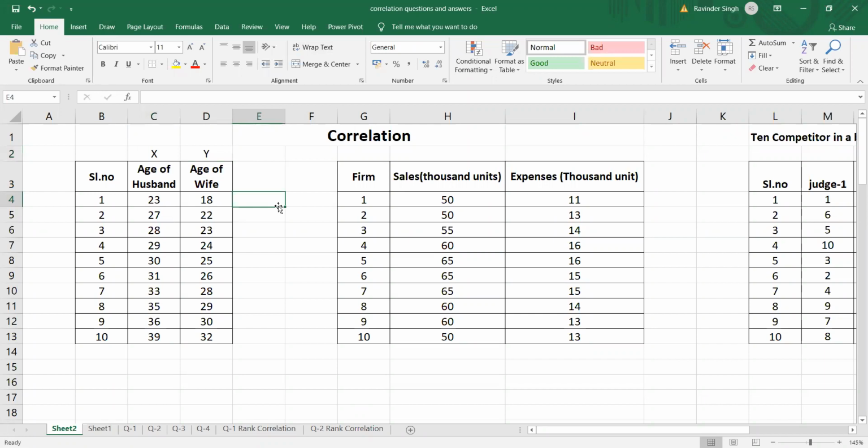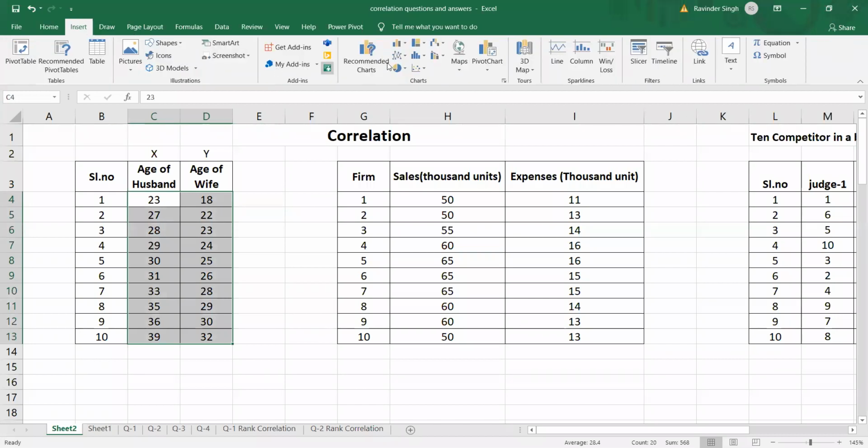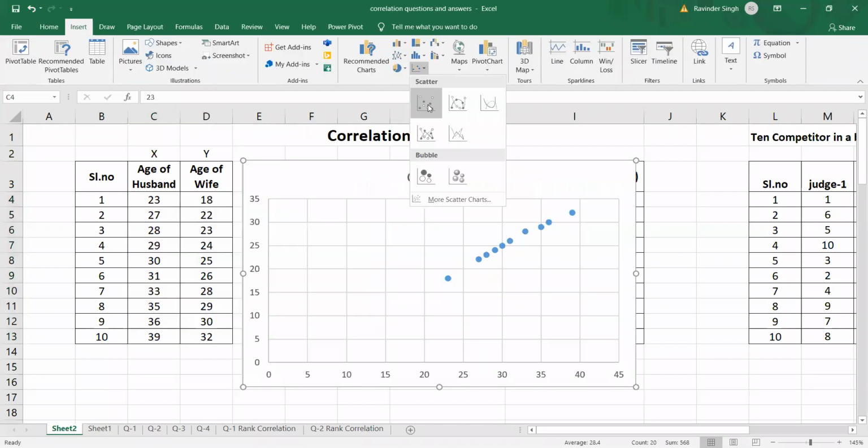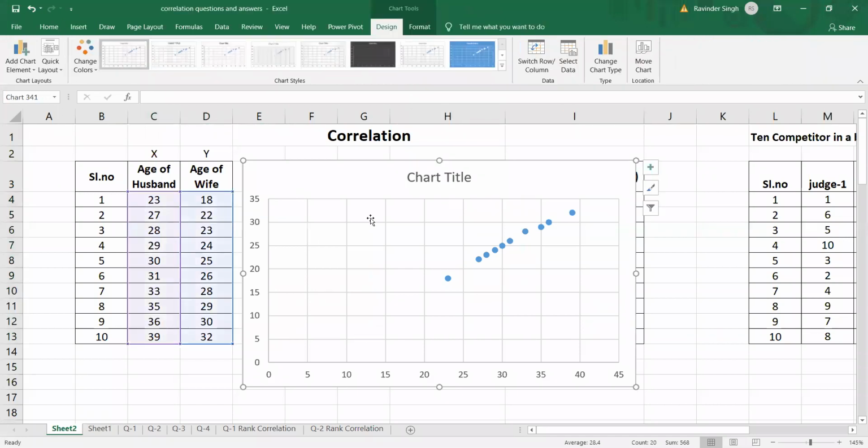Now if you want to check the relationship between x and y, the first thing we will always do is plot the scatter diagram. We will see whether the data of x and y have some kind of connection, whether they are correlated or not. This correlation we can check by the scatter plot. In the Excel sheet, we go to insert and then choose the plot option, and I hope you can see the plot.